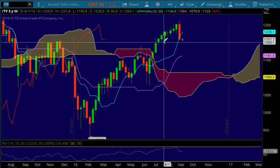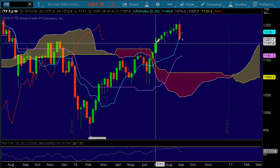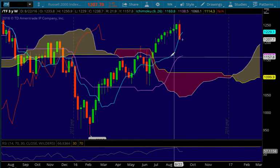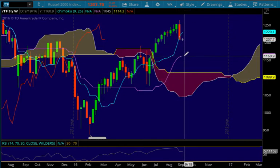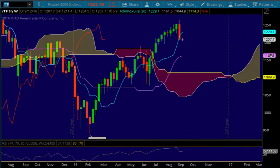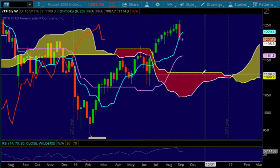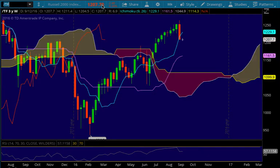Otherwise, we do have this gap fill area right here, and that is at 1197. If we do continue lower, then the next obvious level of support in Ichimoku terms is the 1161.50 Kijun-sen below. We do have the flat cloud here. Flats in Ichimoku always tend to attract price, and the closer you get to a flat, the more attractive it becomes. All right,